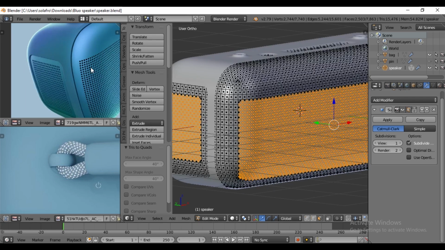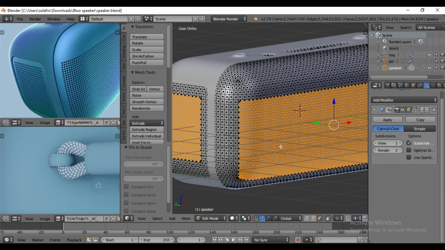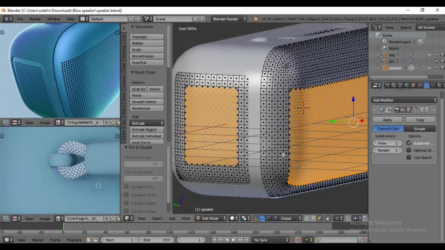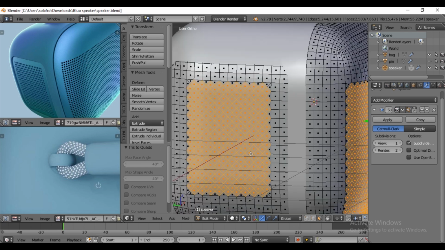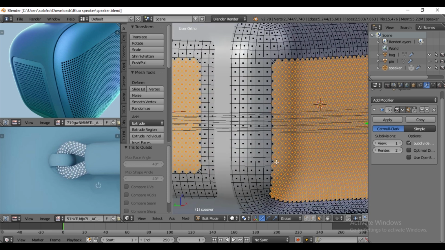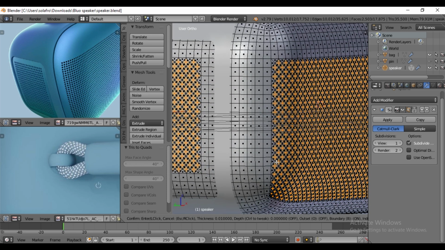As you can see in the image, the holes are very tiny. So to create that, press I twice to individually extrude or inset.